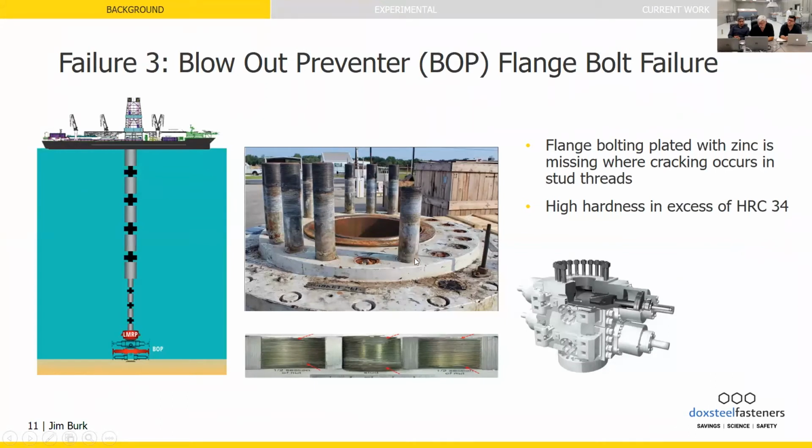Instead of occurring down at the base like the rest of the sister studs did, it failed up near the top where the nut was bolting this assembly together. Now, these bolts over here did not fail. However, these did. This did not result in a separation until it got on the drilling rig floor when they pulled the string. One thing I want you to take a look at, there's a shiny area on these studs. These are studs that have been taken out. And then there's an area here where they're missing the zinc. And that'll be important subsequently, when my colleague Omar Rose talks about hydrogen embrittlement mechanisms